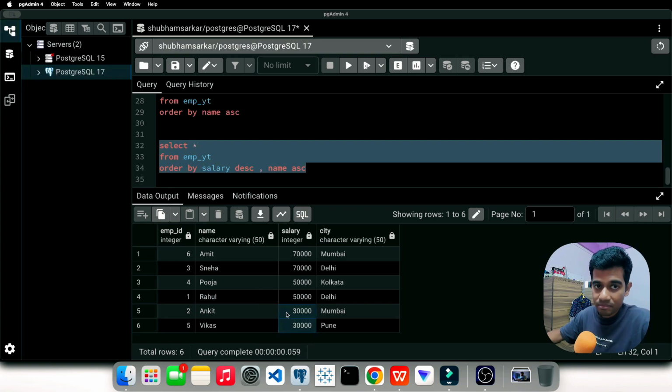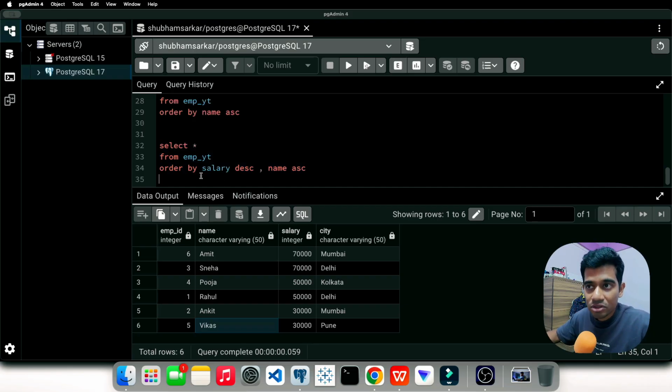Same batch, same mark. Now see, A is first, the first letter in the alphabet, B comes to the end part of the alphabetical order. So this is how we can sort using order by, I mean multiple columns using order by,